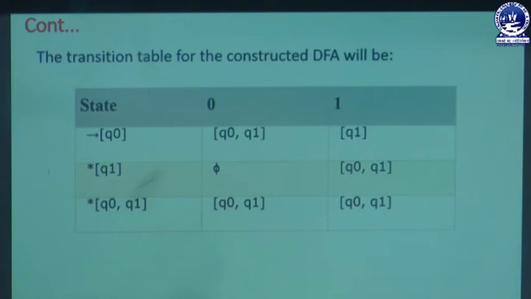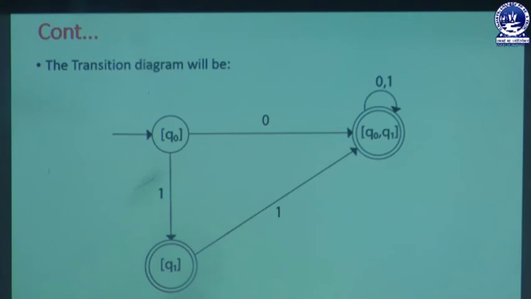If a user wants to design a transition diagram, we can follow some steps which are already described in this section. Here we are going to design a DFA state. In that DFA we can design Q0. Here Q0 can take an input symbol like 0. Then it creates the state Q0 Q1, which is already mentioned in this diagram. Because it contains Q1, it is known as a final state, which is shown through a double circle. And whenever Q0 Q1 takes 0 or 1 as input, it is self redirected,